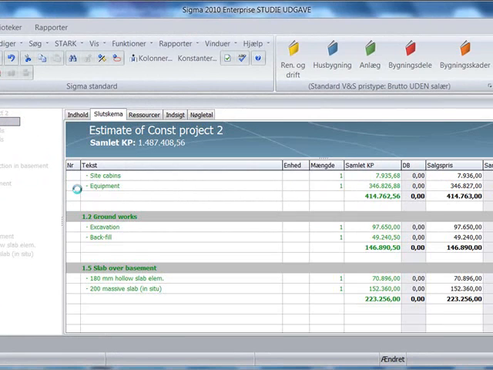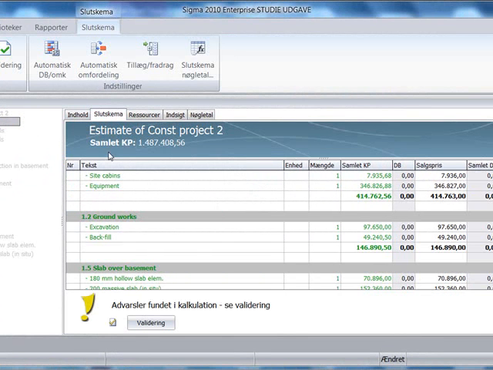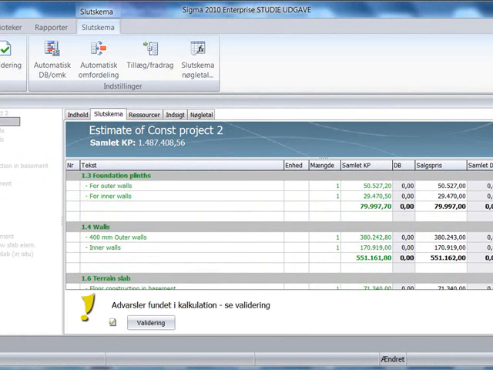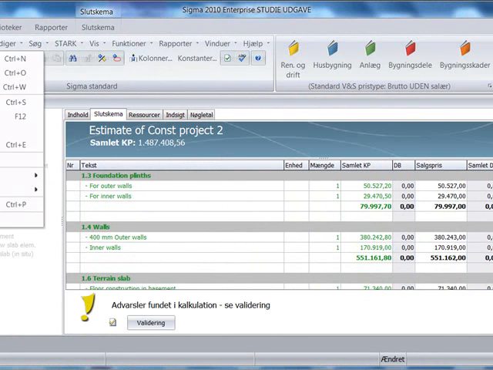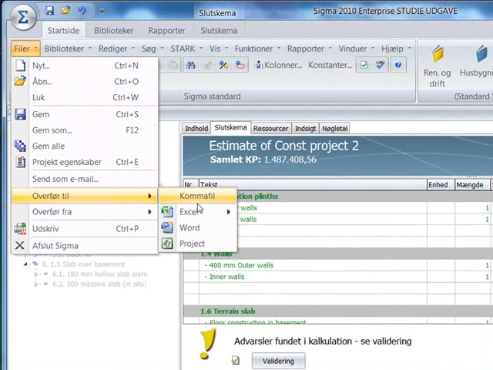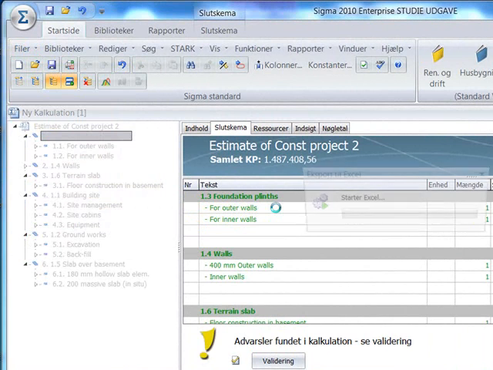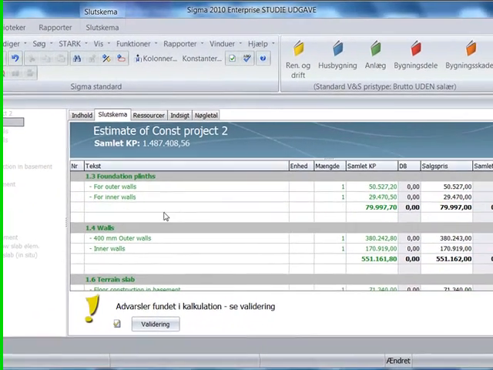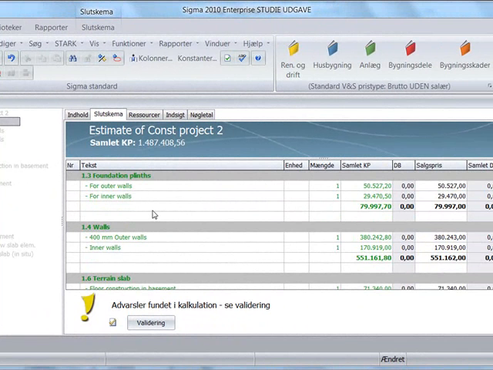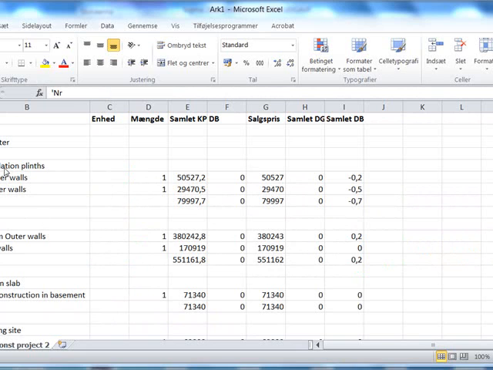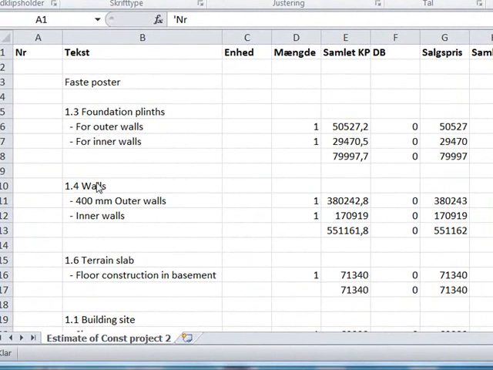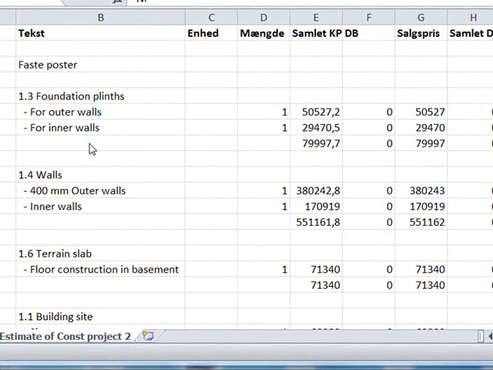Because basically these are titles to the underlying activities. And by going into this file here, we can see these activities with their different costs. We can actually, as before, transfer this to Excel, and we will get this page with their activities on an Excel sheet. You can now see the main titles and their activities, and basically what we have to do now is to transfer this into a